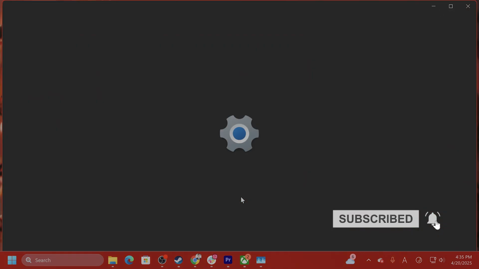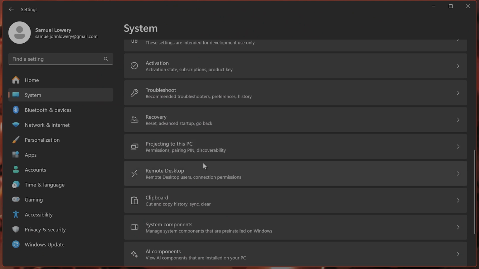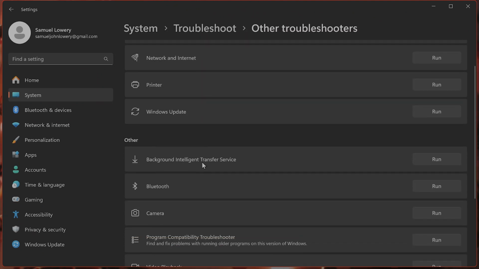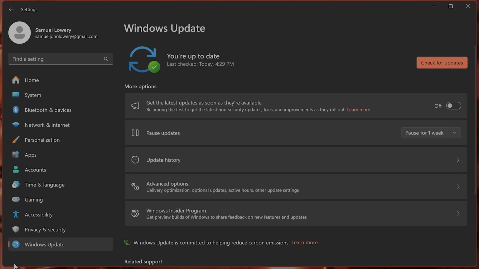Type in settings under search. On the left hand side, click on system. From here, go to troubleshoot, then other troubleshooters, and scroll down until you see something called Windows Update. On the right hand side you're going to see a button called Run. Click on that and follow the on-screen instructions, and after that has finished, try to update once again. On the left hand side, go to Windows Update, check for updates, and see if you can